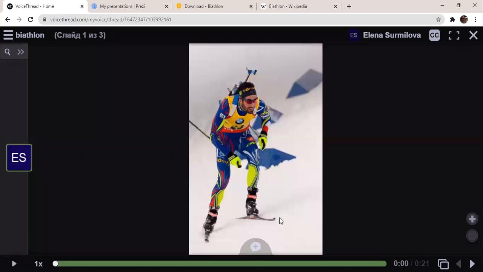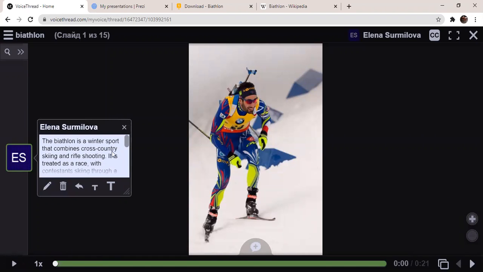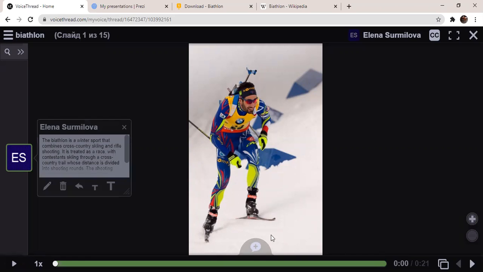So when the person who's going to watch your presentation enters it, he or she will have access to the text comment which you have added. Here it is. The person may make the text smaller or bigger in order to make it more comfortable to read. So all in all, this is a comment which you may add. This is not the only type of comment you may give. Another thing which you may add